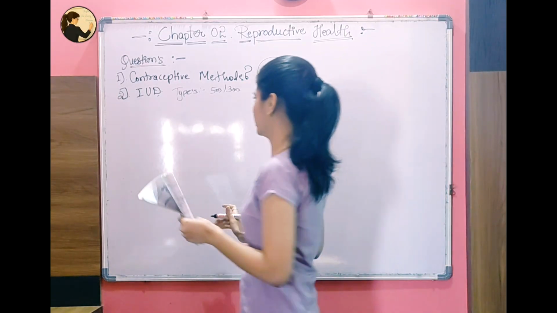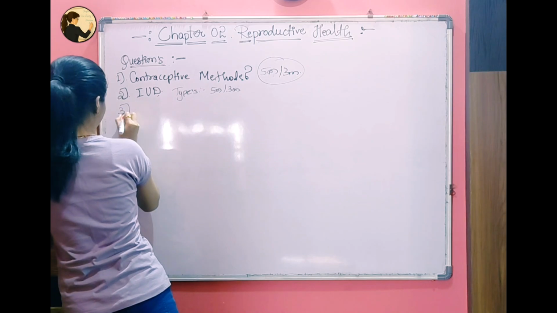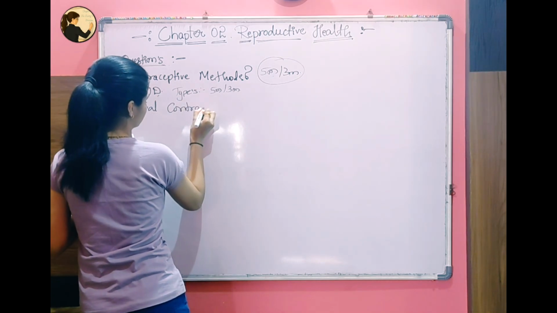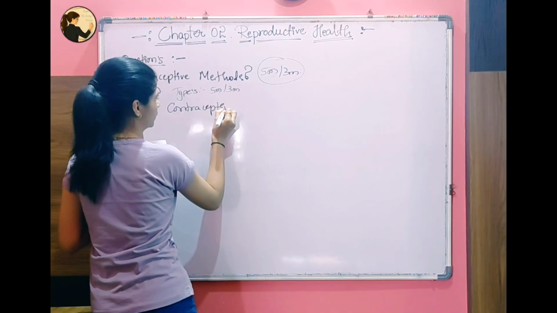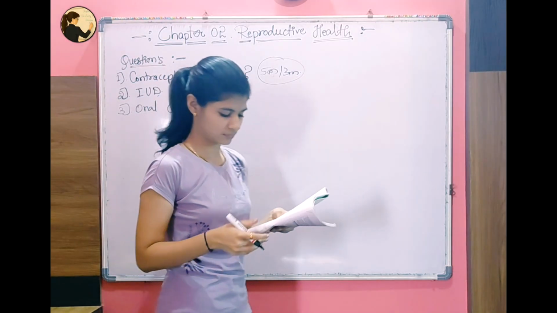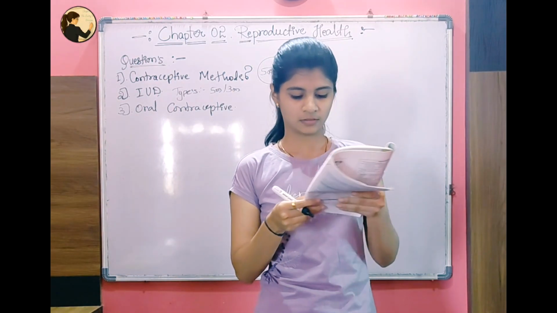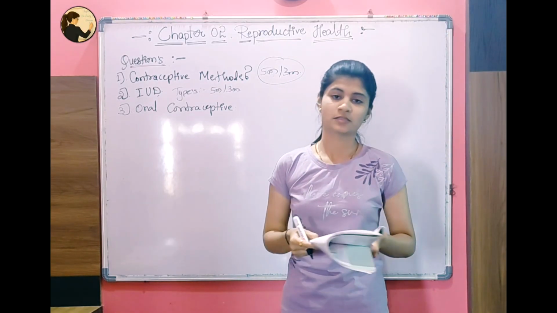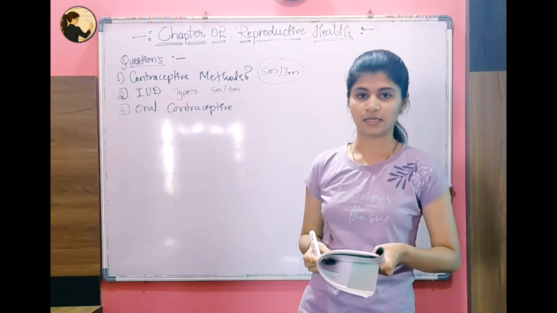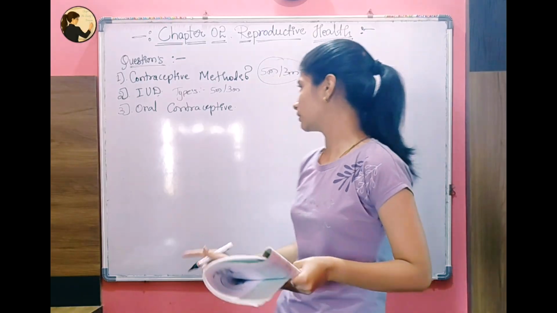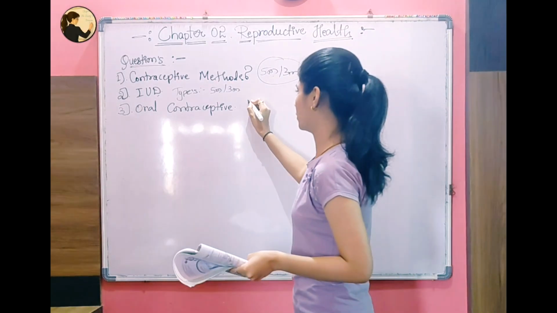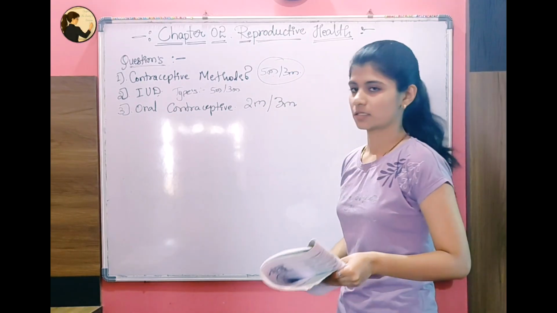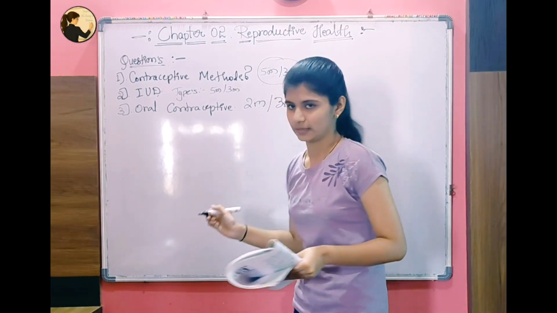Okay. Now here is a very important question. What is oral contraceptive? What are the oral contraceptives? They are progesterone, estrogen, 21 days, 7 days. You will definitely get it in the NCERT, so read it properly. The question might also come in the form of oral contraceptive, which is a 2 to 3 marks question. So don't worry, you will be writing the answer very easily.